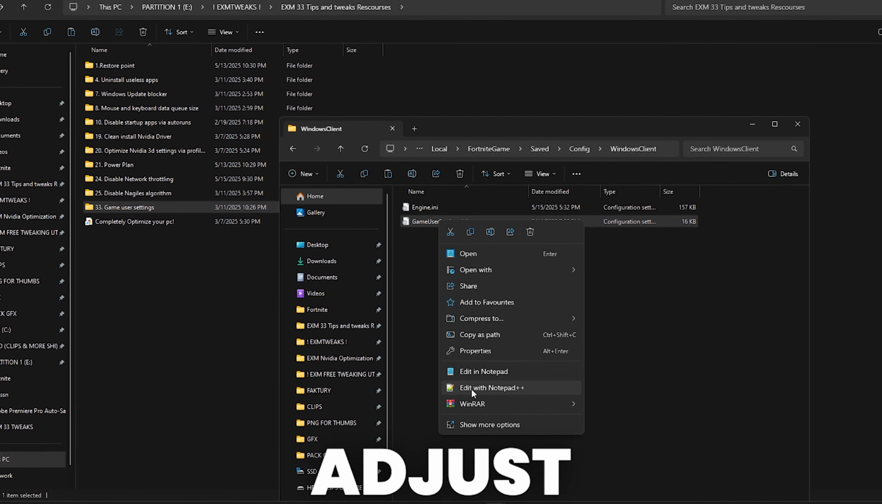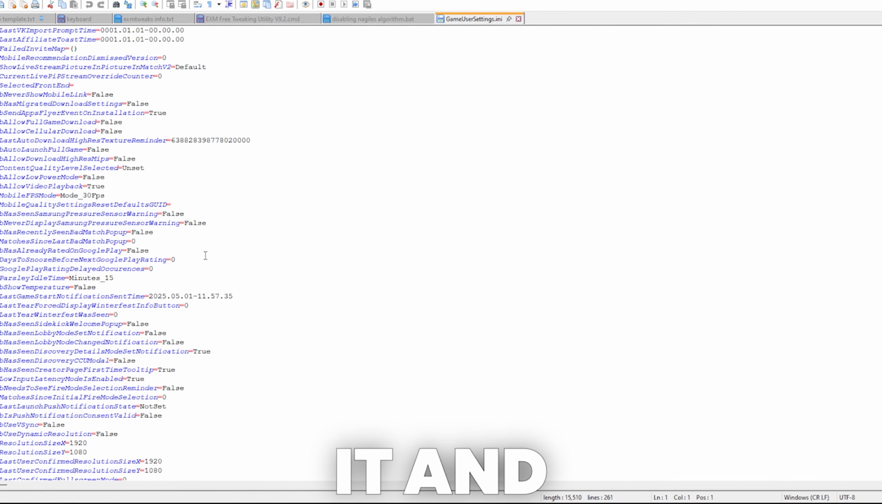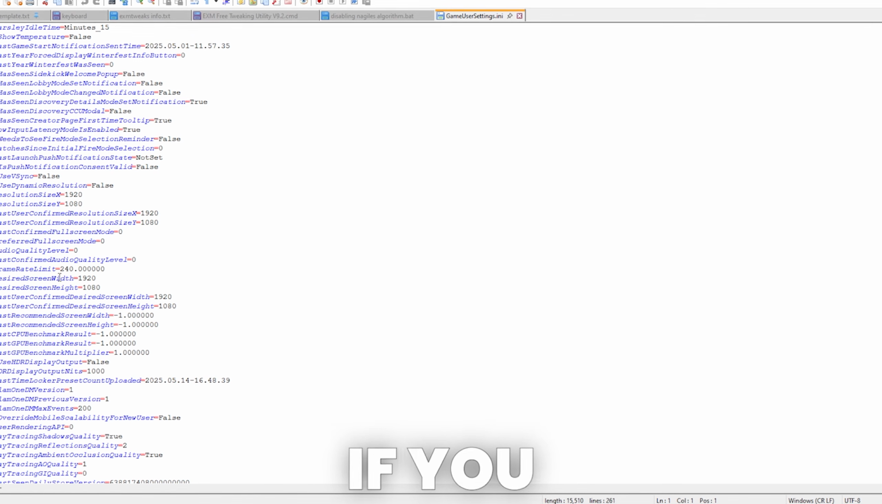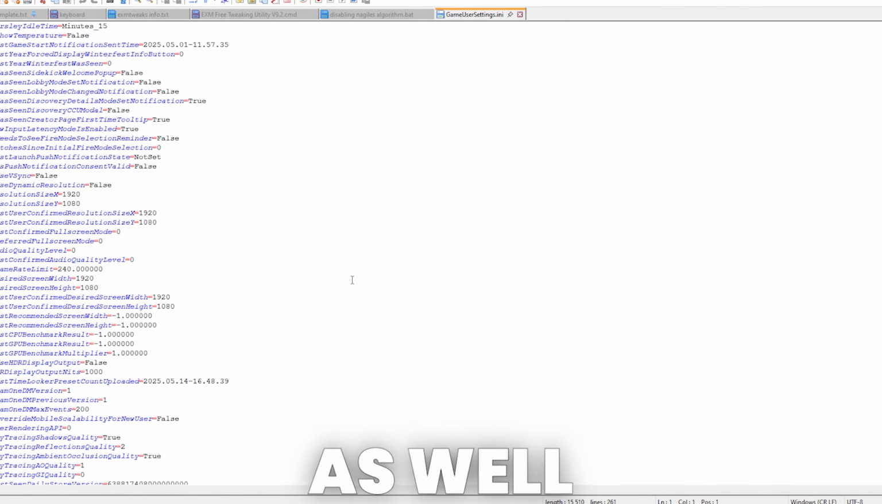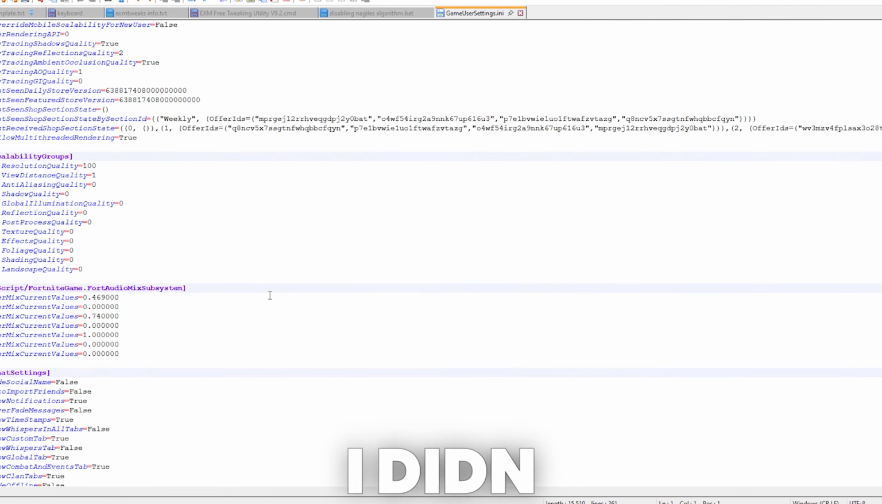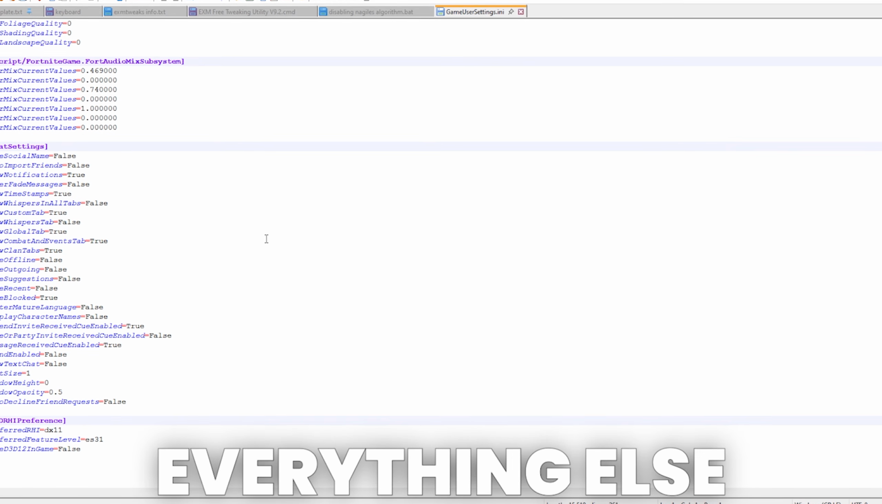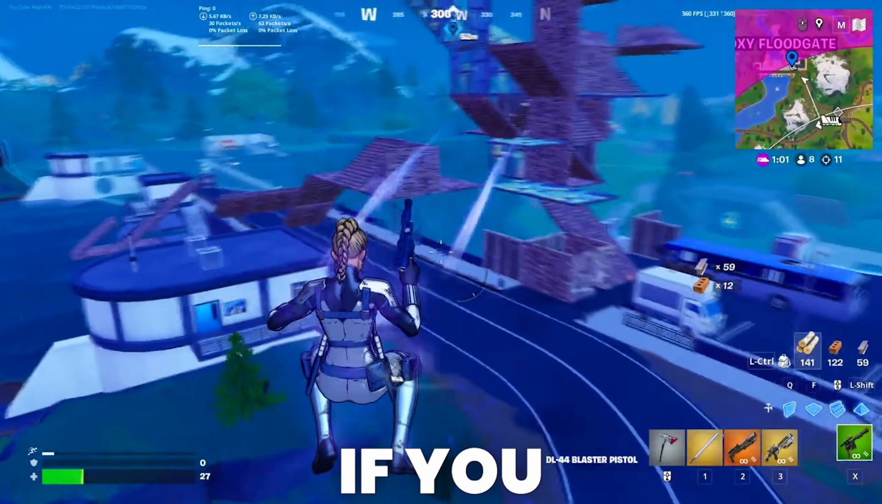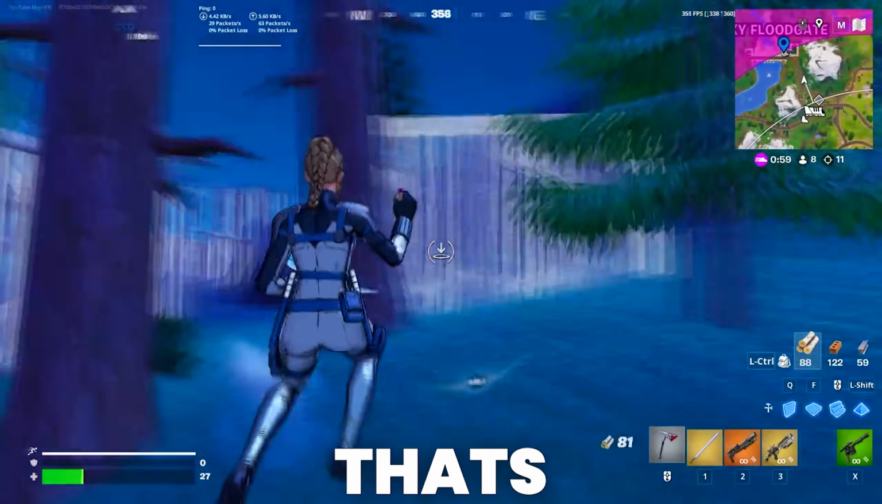Also, if you want to adjust the frame rate, you can open it and change it. I set it to 240 since that's what I play on, but of course, if you use a different one, you can do that as well. You can do it through the game too because I didn't set them to read only. Everything else in here is optimized. You can play around with the resolution as well if you like stretched res. That's everything for all the